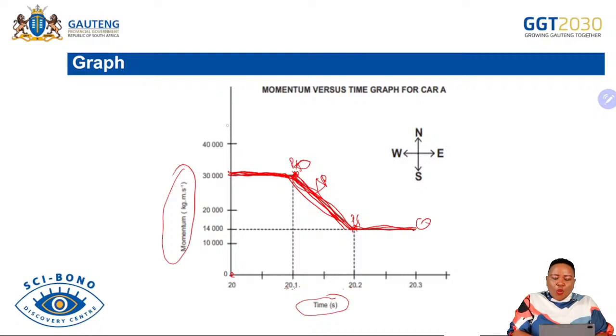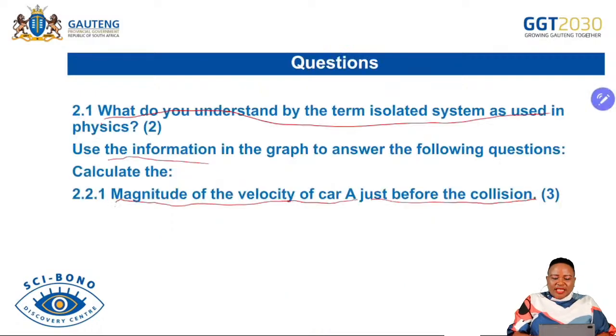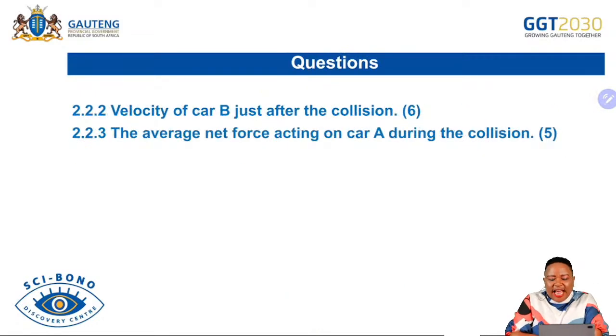I'm not worried about the questions that you can find. What I'm worried about is how you understand the lines on the graph, whether there's a change, whether there's an increase or a decrease, because that will assist you to say there's a decrease or an increase in the momentum of an object. And what does the decrease mean? What does the increase mean? Because they will always be affected by the velocity. So these are some of the questions you can look at and try to solve under momentum.